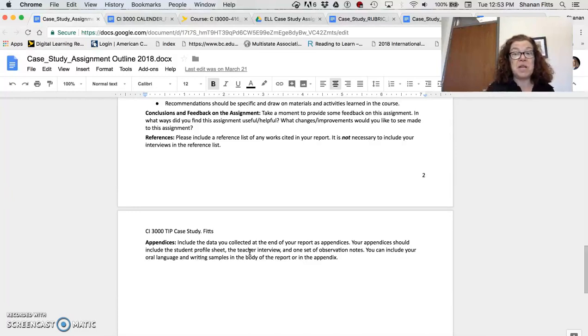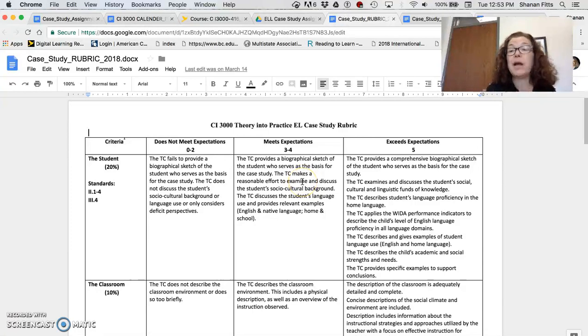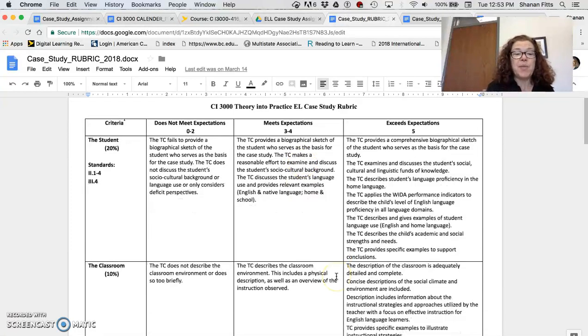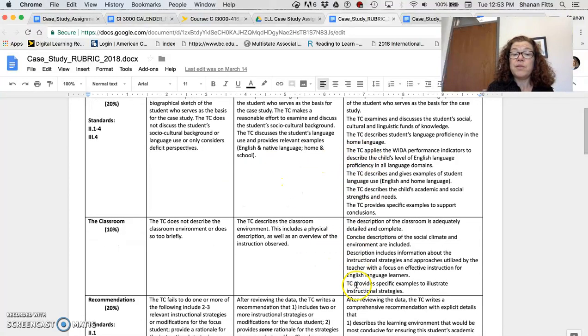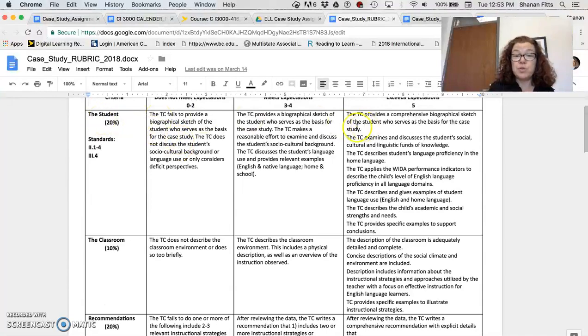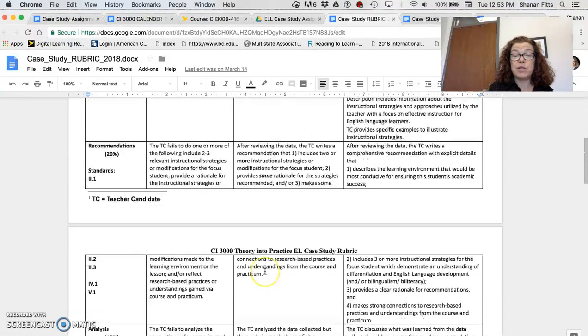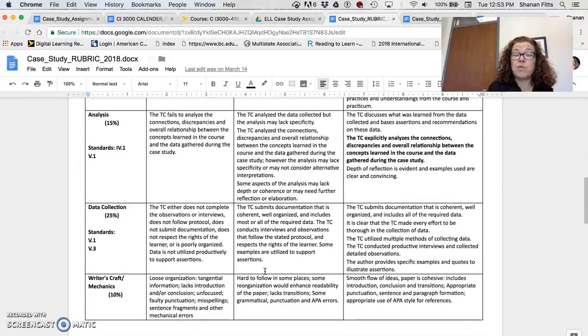Okay, we're getting long in the tooth here, but let me just give you a couple of notes on the rubric, and then I have 1 minute to wrap up. Okay, so we talked about each section of your paper. These are going to be the narrative sections of your paper: the student, the classroom, and recommendations. If you look at our rubric, you'll see there's this whole area that's called analysis. The analysis aspect of the case study report is not a separate narrative section. It is that